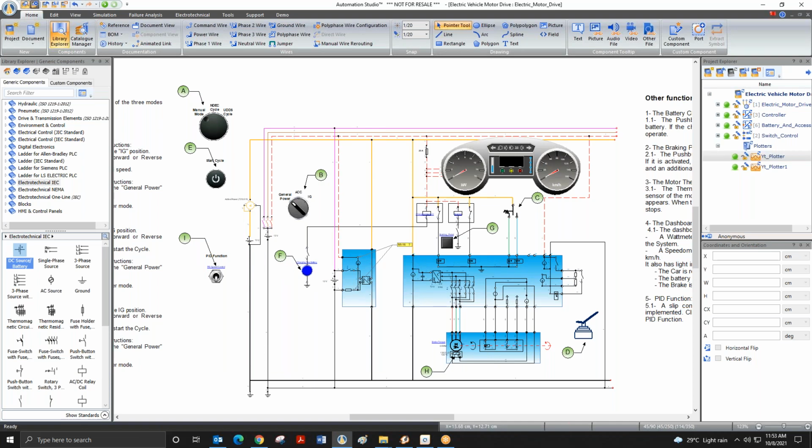If you do the regenerative behavior and feed the excess motor power back to the battery, it will charge from that state. If it is discharged from 100 to 90, and you feed back the power, it will again recharge from 90 to 100. That simulation you can do in Automation Studio.